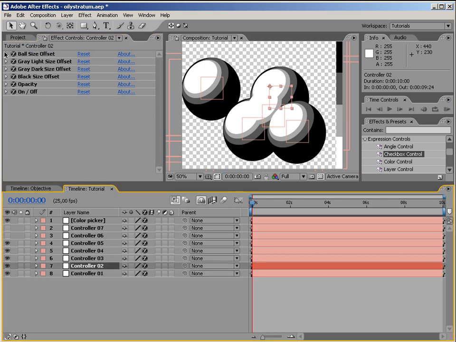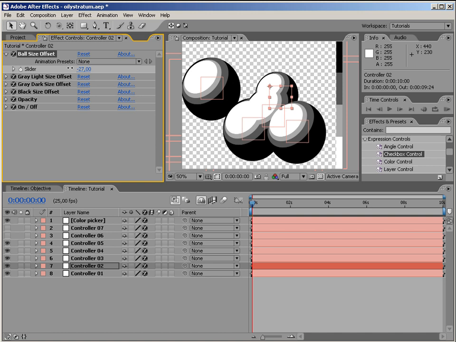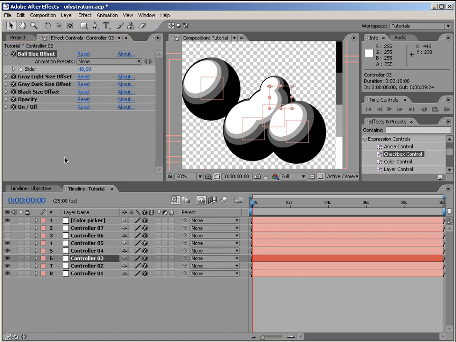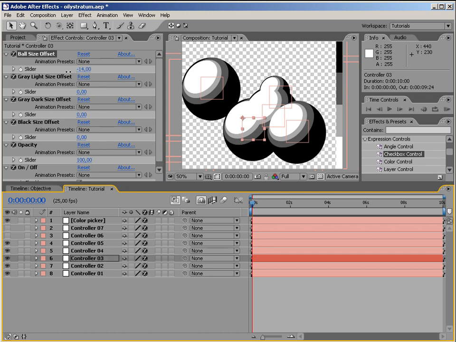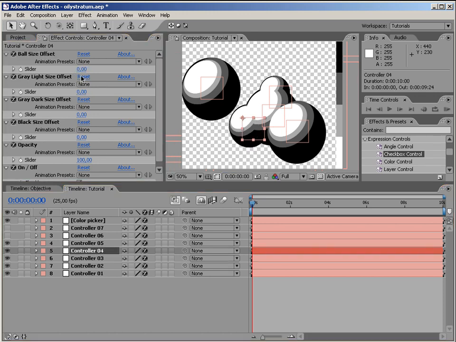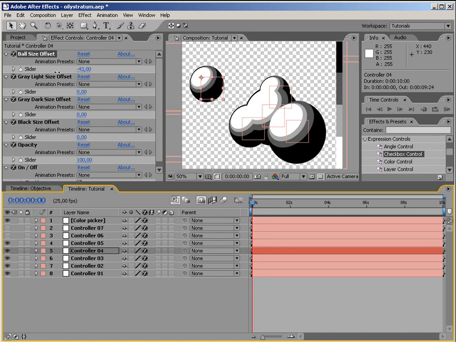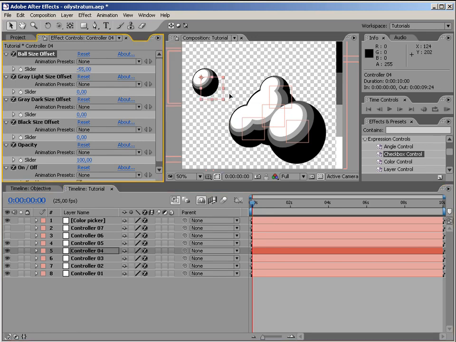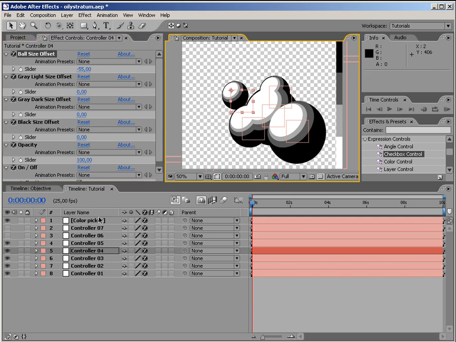Let's make this one smaller. It starts to look pretty awesome. At least I like it. Okay, let's move this aside. Okay, and now